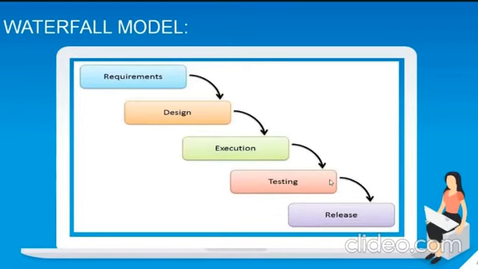You can clearly see on the screen why we have named this model the waterfall model. It means that the flow from phase to phase is simply like a waterfall. Whatever we do in the previous phase has to be completed before we come to the next phase. You can clearly see in the figure that first we go with the requirements, then we come to design. After design has been completed, we execute, which is nothing but implementation of the code. After execution has been done, we test. Once the testing has been done, we release the product.